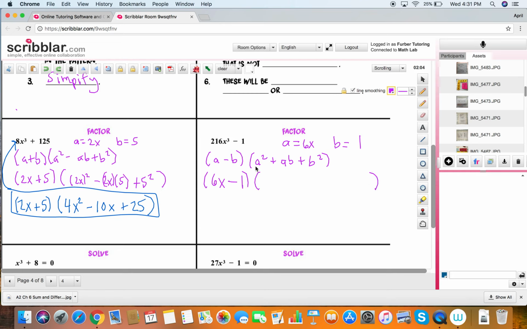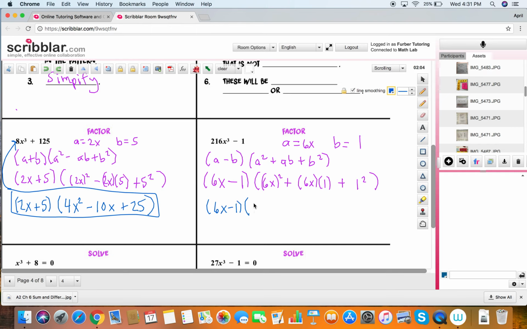And then over here, a squared means I'm squaring 6x. You want to make sure you put parentheses. It kind of looks like double parentheses, but you want to do that so you know you are actually squaring the 6x, not just the x. That's probably the most common mistake I see: everybody wants to just put 6x squared, and they forget to square the 6 because they think of it as one unit. But it's not. The 6 gets squared also. Then the a is 6x and the b is 1, so I put them side by side because I'll be multiplying those. And the b squared is just 1 squared, which is really easy, but we'll write it out anyway. So if I simplify,